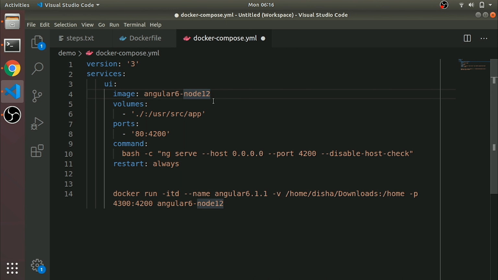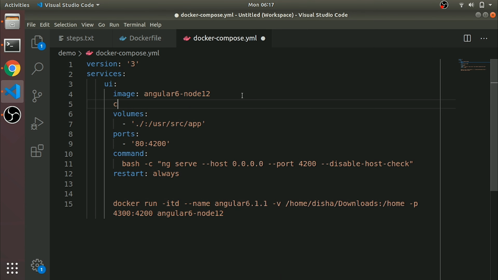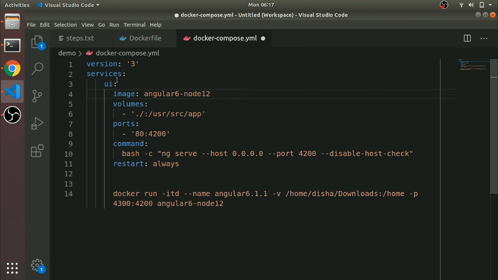If you don't give any container name, it will take the demo folder name, underscore, the service name UI, underscore 1. If you use the container name option and put a container name, it will take that name instead of demo underscore UI underscore 1.